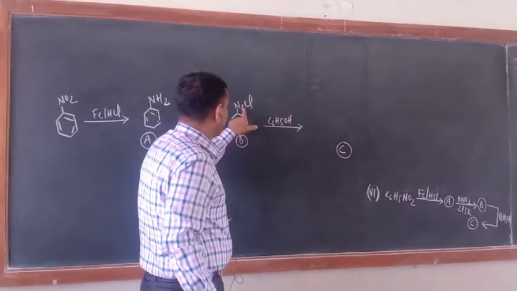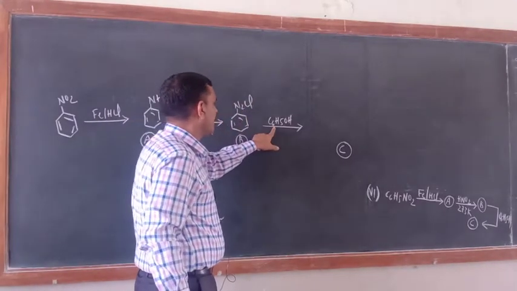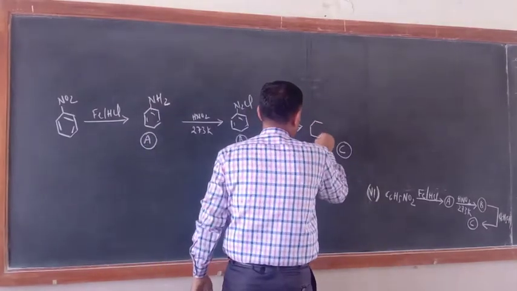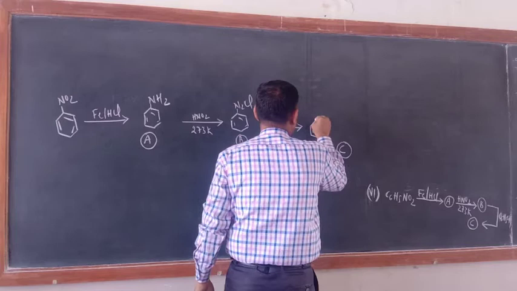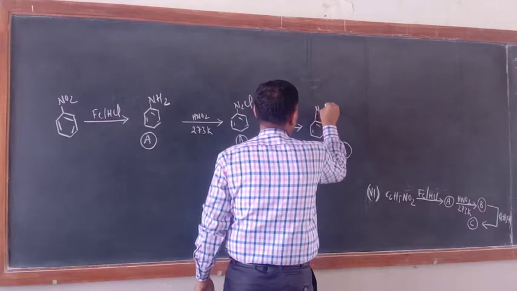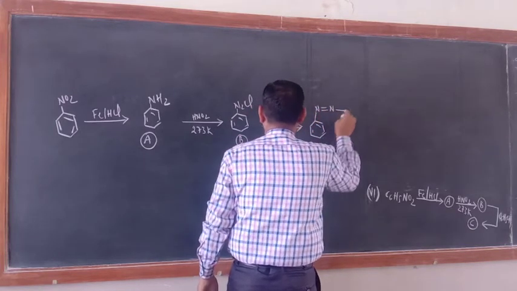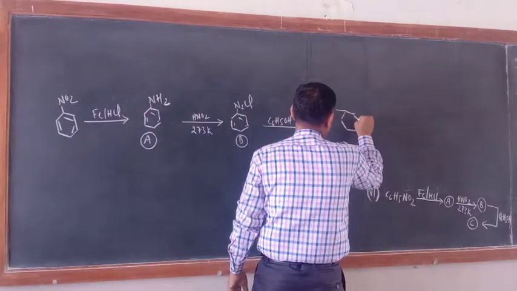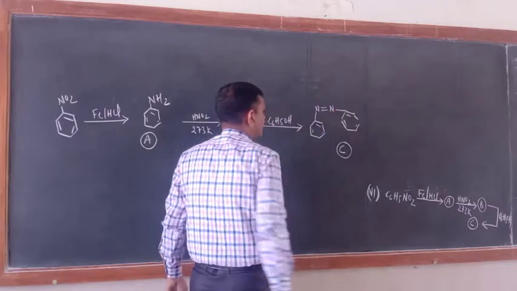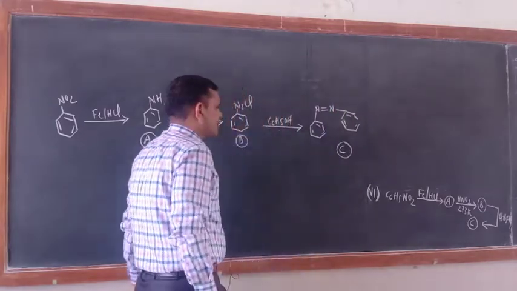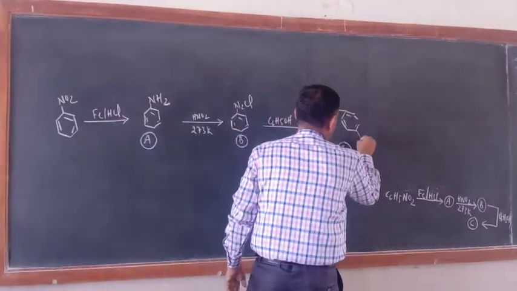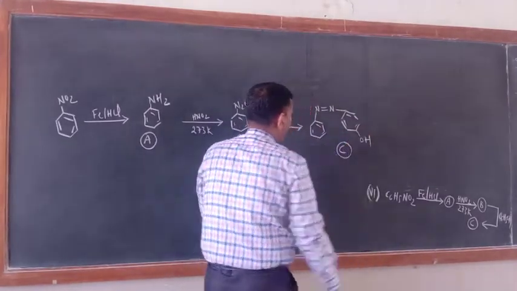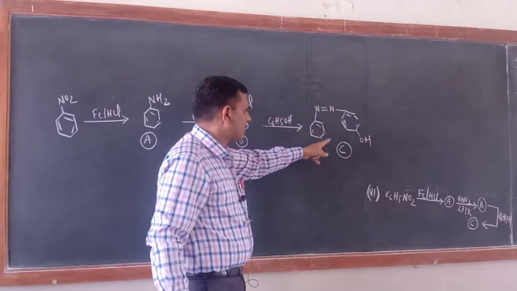What about when benzene diazonium chloride reacts with phenol? Just see, coupling reaction. So the product is this one, the benzene ring of this one. Then here N double bond N, and another benzene ring, this one. Just see, this is the coupling reaction. And here at the para position, OH would be there. What is the name of this one?